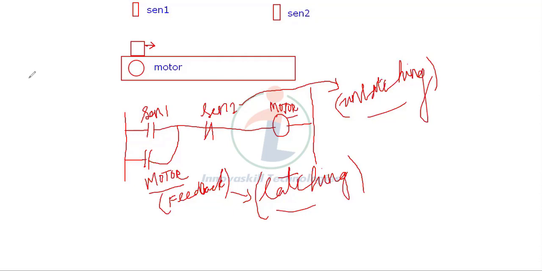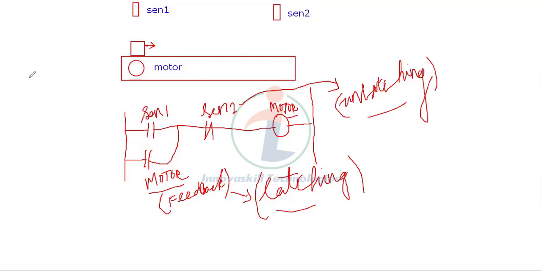It is like a spring type arrangement. When you press the push button, the output gets activated because the circuit is closed. If you take your hand back, the circuit will open again, and if the circuit is opened, the output will be off.